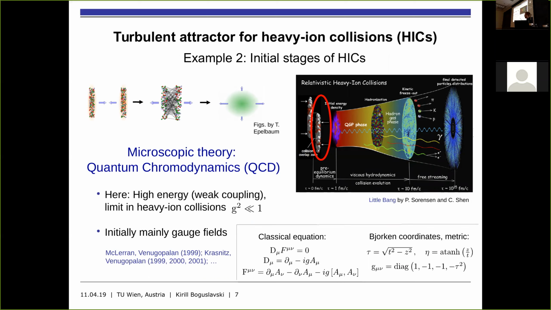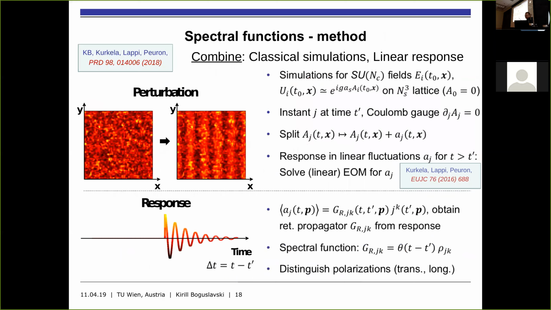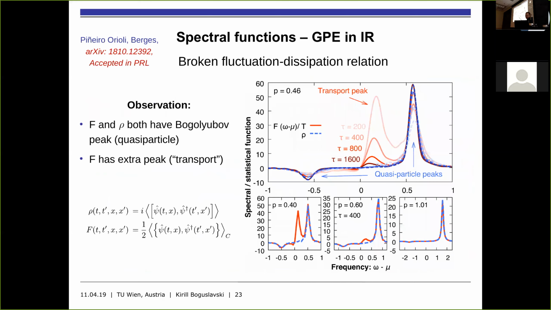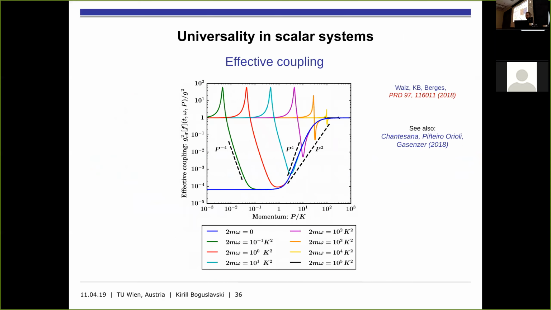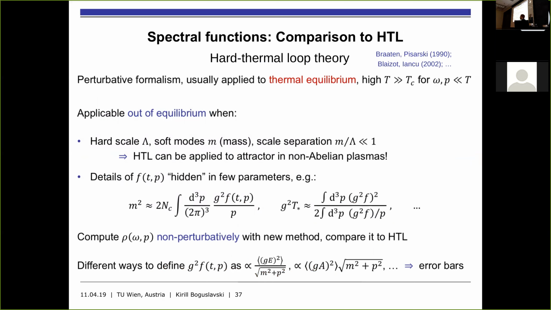The hard-thermal loop assumed it was thermal, right? Yes, and we are not. So why are they the same? It is possible because, yeah, I have to jump over that, this was a big jump. But the point is, why are we allowed to use hard-thermal loop theory is that in hard-thermal loop theory,